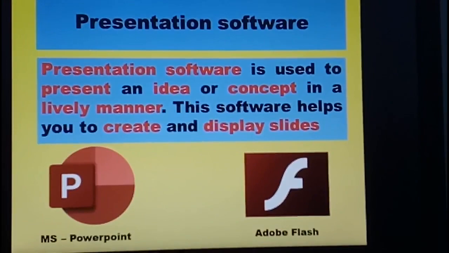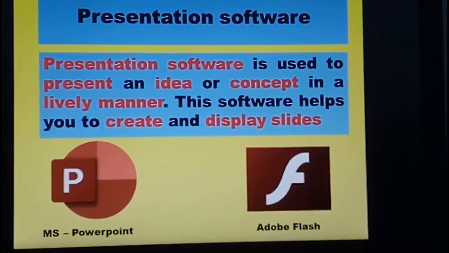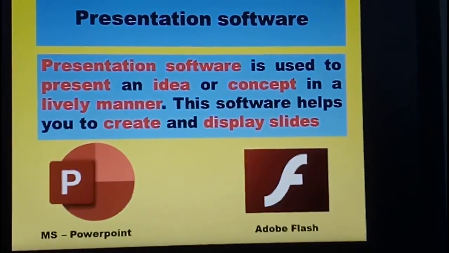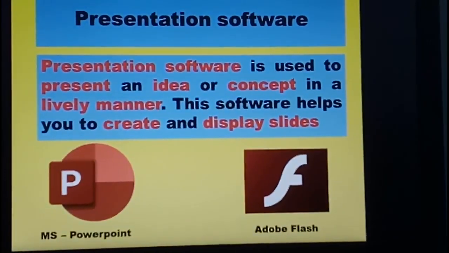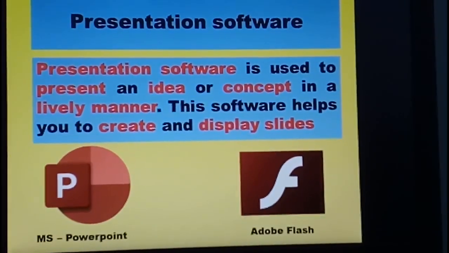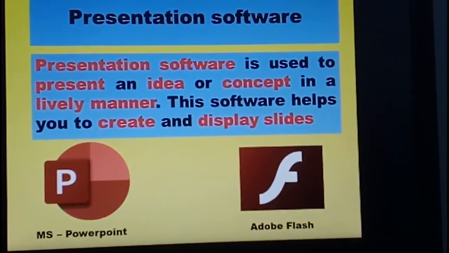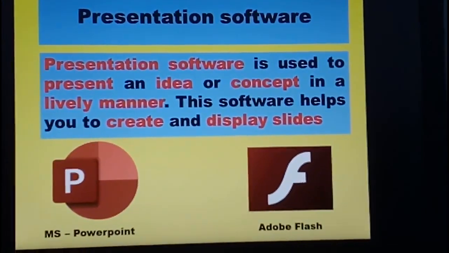This software helps you to create and display slides. So, you have done PowerPoint in class 4. You know how to create and display slides, and you know that this is used to present an idea or concept in an interesting manner. Another example of presentation software is Adobe Flash.